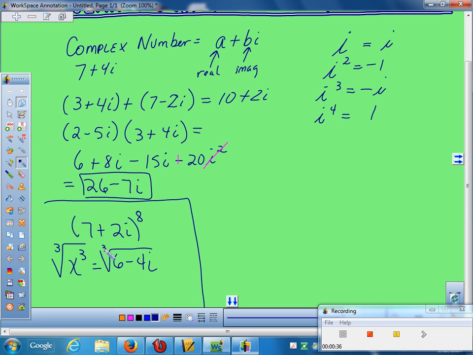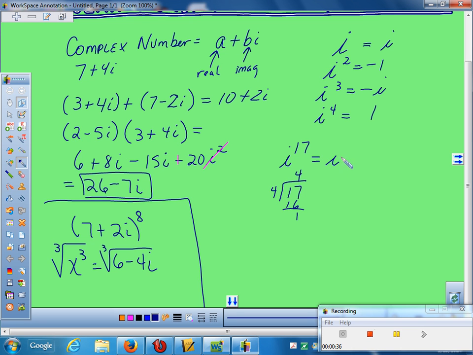I probably should check while we're doing powers of i. If I said what's i to the 17th power, how did you quickly figure that out? 4 goes into 17 4 times, you're left with 1. It's i. It repeats every 4, so you just had to divide by 4 and find the remainder. This is an easy one. We could divide this one by 4 by hand. It goes in 4 times, and the remainder is 1,